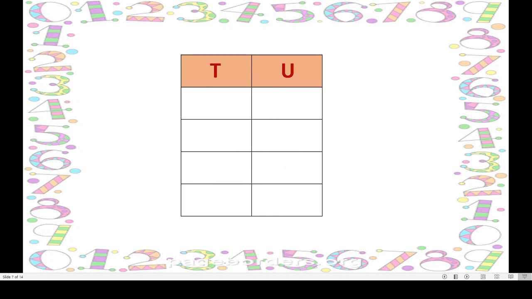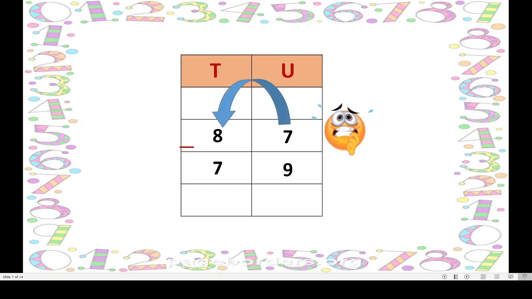See, this is our table and this is our number. 87 minus 79. Okay, same thing is here. This 7 is smaller than 9. Okay, and we begin from 7. Correct? So we have to minus 9 from 7. It is not possible. Again 7 asks 8 to help him. And it borrows from the 8.